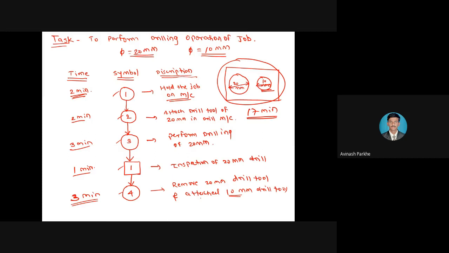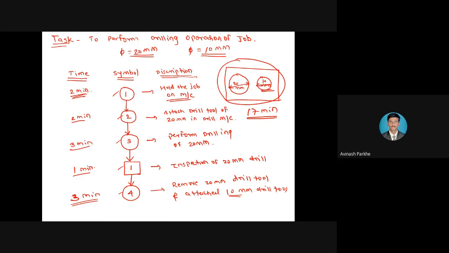So what is the meaning of operation process chart? Whatever operations we are performing, all the operations can be represented in a symbolic manner along with time. That chart is called an operation process chart. Second, flow process chart. Flow process chart is further divided into three types: man type, material type, and the